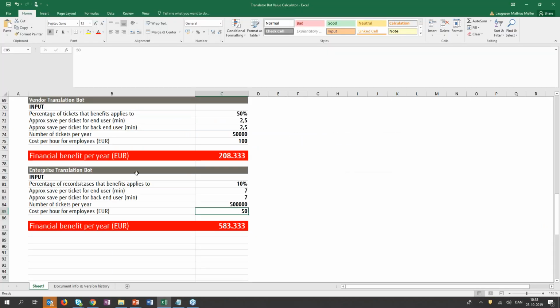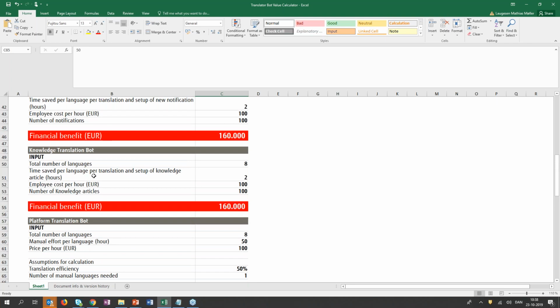If we then look at the business case around this, or the value calculator. So let's say that we operate in an organization with how many languages? Let's say we operate across 15 different countries, speaking 15 different languages. Time saved per translation and setup of a knowledge article. So how many hours are saved per knowledge article? That means basically the benchmark of saying, if I needed somebody to go in and write this in the local language, how much time would that take? Let's say it would take 2 hours to translate this. The employee cost might then again be, let's do the 70,